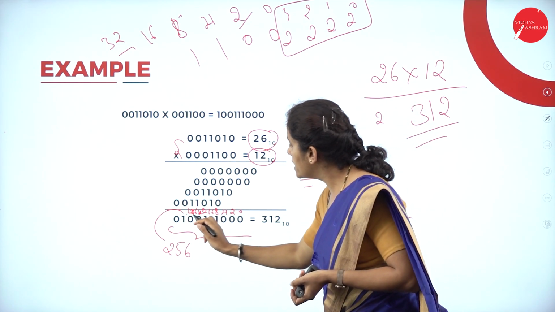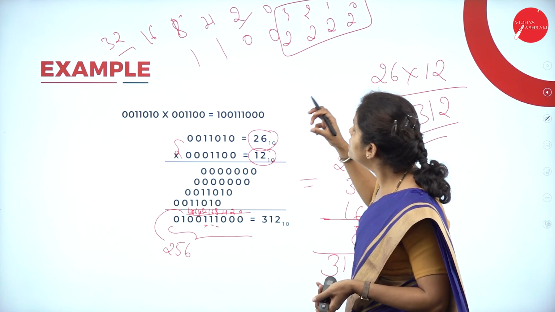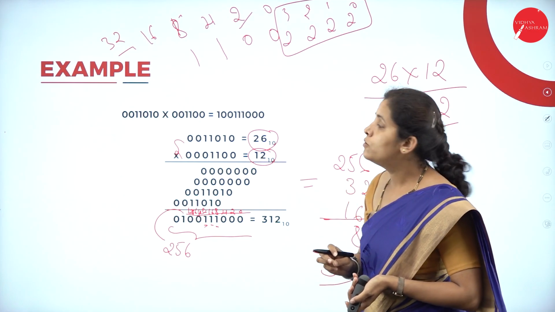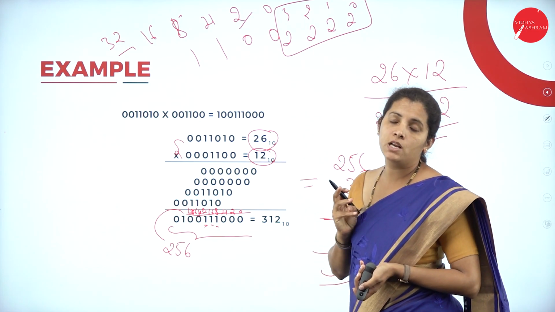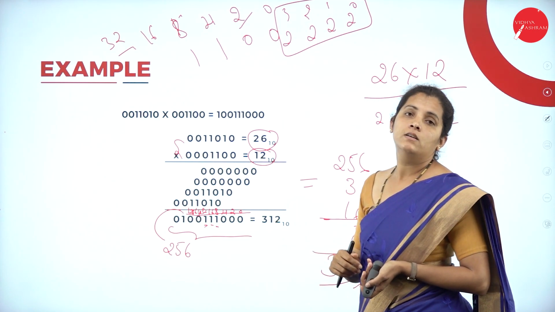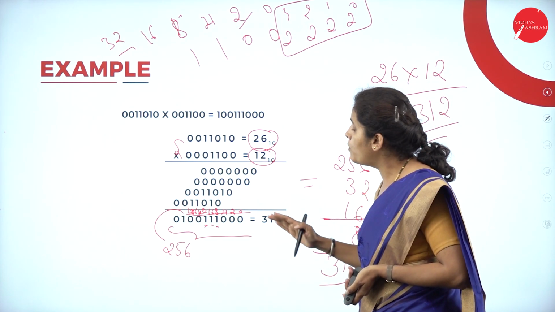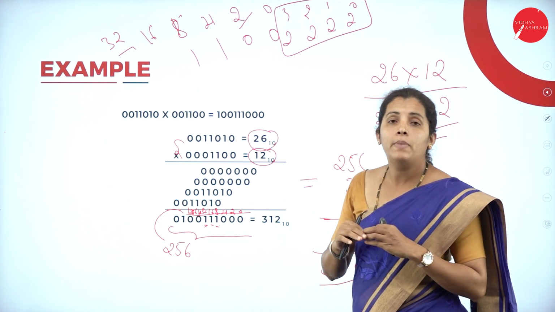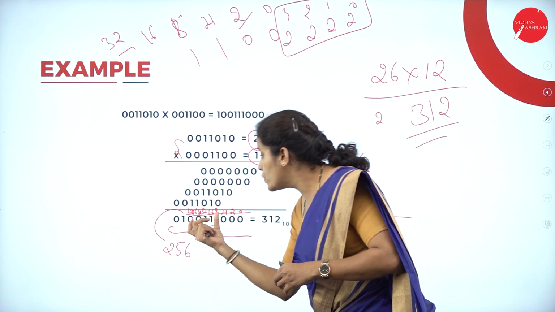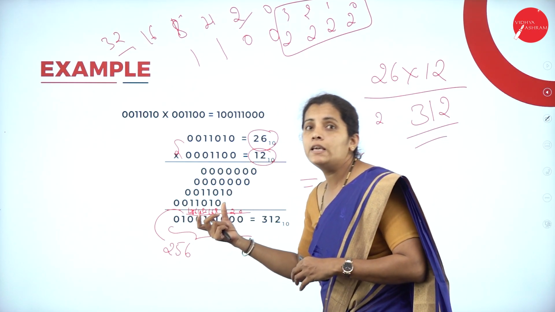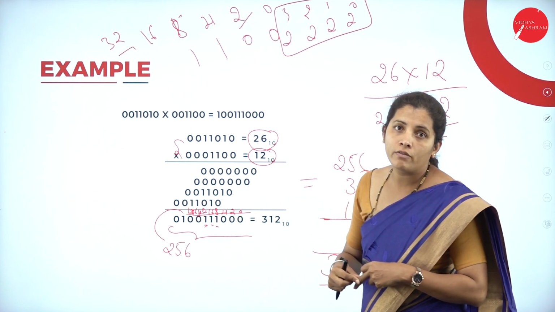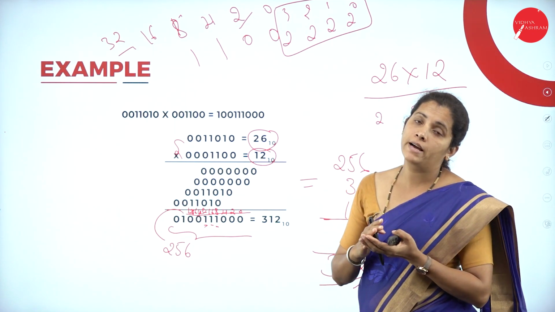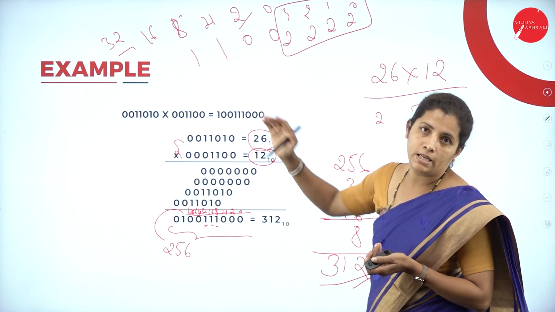So like that I have taken the values here. First you need to find the decimal value for your binary number. Multiply both decimal values and find the solution in the form of decimal. After multiplying the binary values, whatever value you get, take the decimal equivalent of that binary number and cross verify the product of the multiplication.